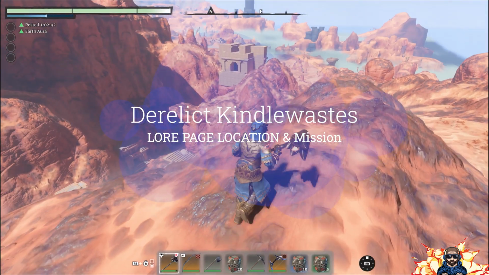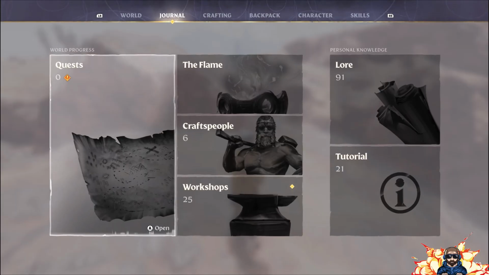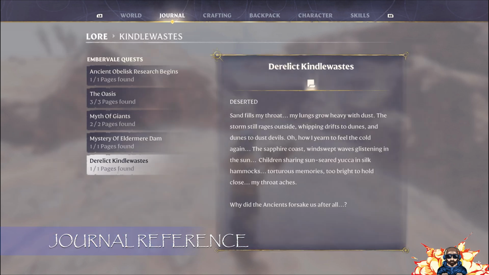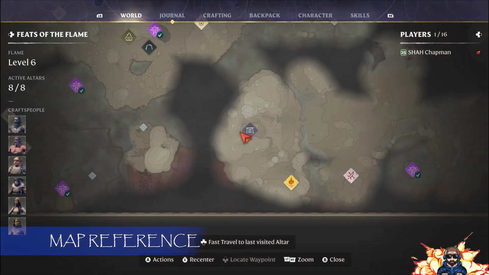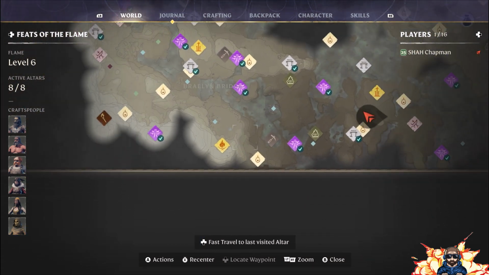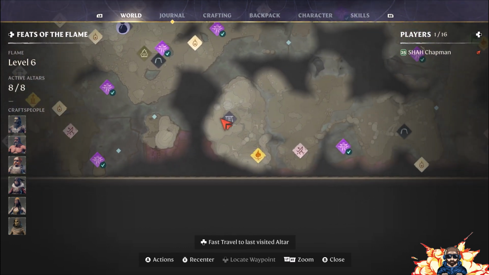Right, so the piece of lore we are looking for today is under the Kindlewastes. If you want to check the reference, it's in the journal under Kindlewastes and Derelict Kindlewastes. The map reference is the Sun Temple. So if we're looking in terms of where our start spot is at Cindervault, all the way over to your